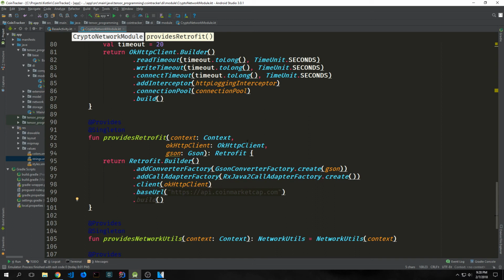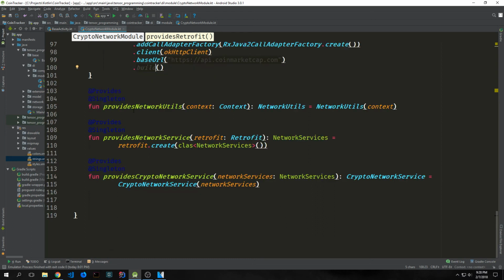In this case, we're using JSON. There are also several converters that we can add to Retrofit to support things like XML and JSON. Finally, we want to have a provides network utils function, a provides network service function, and a provides crypto network